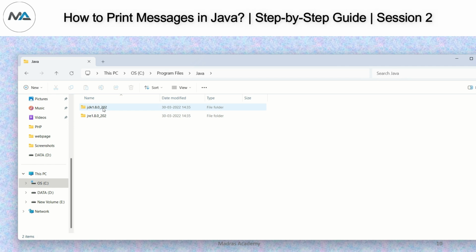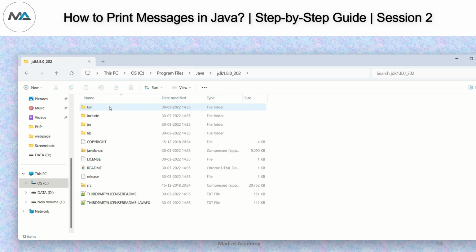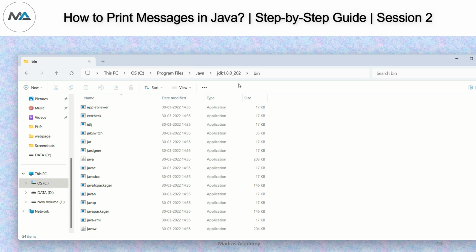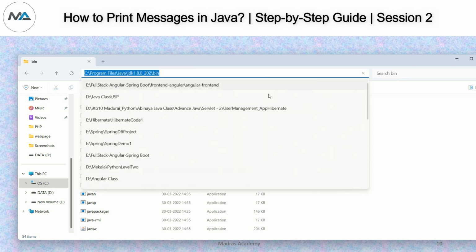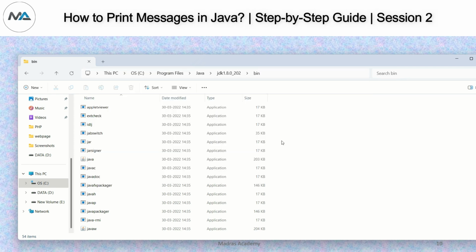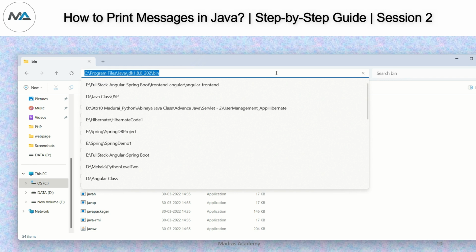So in C colon, Program Files, Java, inside that JDK is there. Open that and go to the bin. This is the location. In this location you need to save the Java file, then only your program will execute. Otherwise you need to set the command path. So you just copy this URL from here